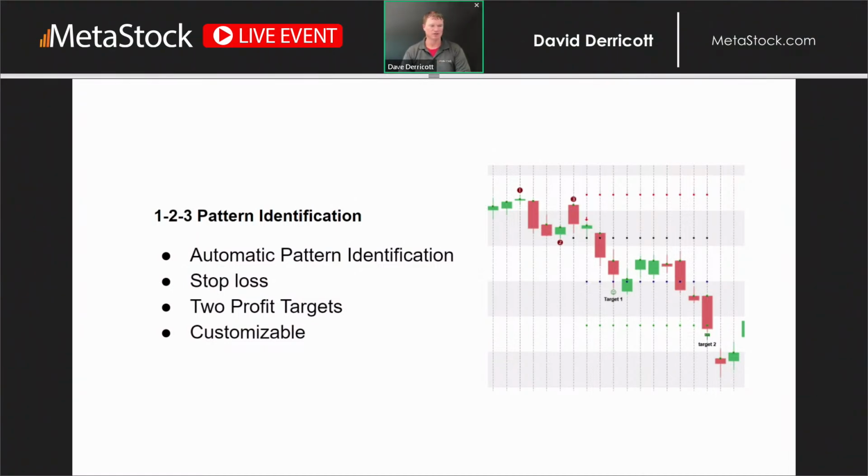As you can see on the chart, you've got the 1, 2, 3 setup. That's your setup, not necessarily to get into a trade, but for you to identify that a trade is coming or an entry signal is coming. It puts clear stop loss and targets on the chart. You've got the dotted lines for your stop losses and also the target below on the very bottom center part of the screen. You can also customize this to your own trading style as well.